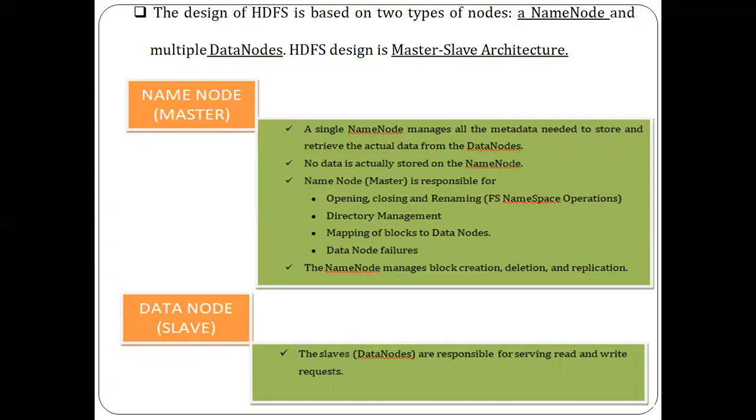Name node also manages data node failure. We'll see about this later. The last function is name node manages block creation, deletion and replication.